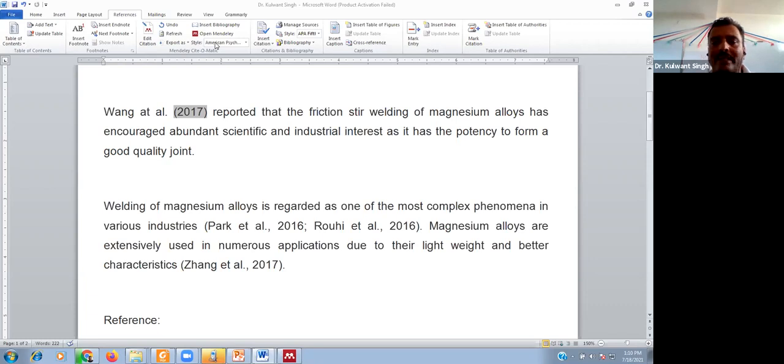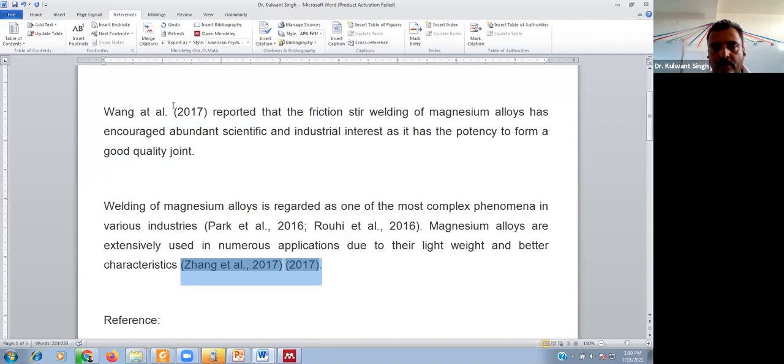It will automatically assign the same number. Suppose we are using this citation here and we are using the same citation at the end of this particular page, then they are asking that this is the first number and this is the last. So there may be a possibility of two citations or two references.